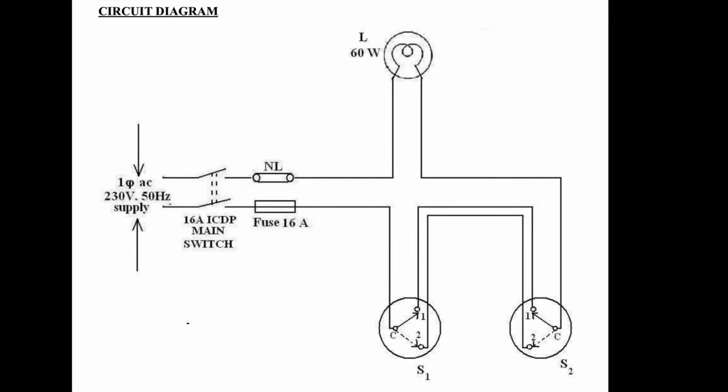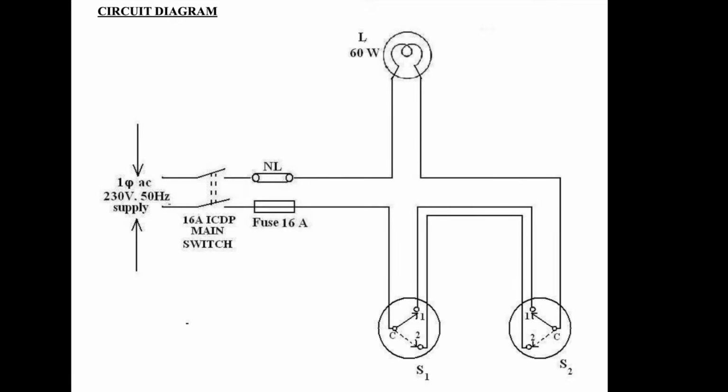Okay, in that condition, if you remember the table, to turn off the bulb, if switch S1 is in C1, then switch S2 should be in C2, and if S1 is in C2, then switch S2 should be in C1. Okay, so you can see this connection. So please imagine the circuit from phase to neutral should be a continuous circuit for the current to reach the lamp. If in between the circuit breaks, then current will not reach the lamp, that is current only flows through a closed circuit. So we all know this.